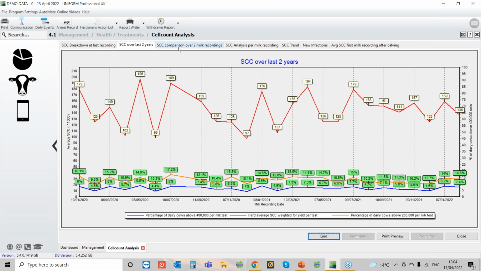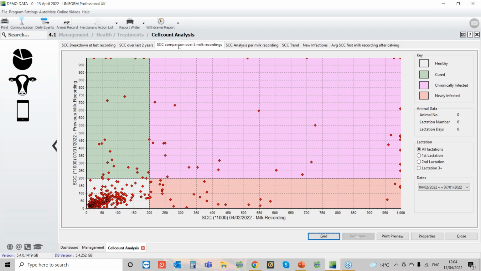If we then go to the next tab, we have different sections here. The green section means the cow's cured. If we highlight one cow, this cow here, 3421, what this graph tells us is that on the recording in January, she was at 700. But on the latest recording, on the 4th of February, she was just above 50. So she's in the block that we consider to be cured because she was high, but on the current recording,